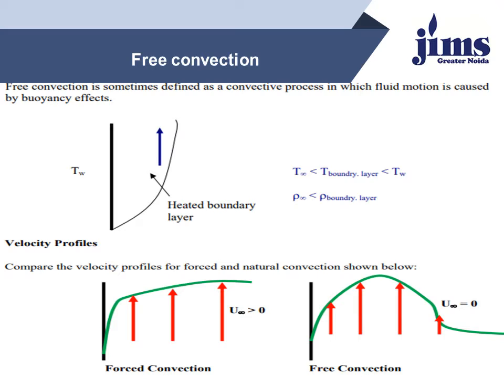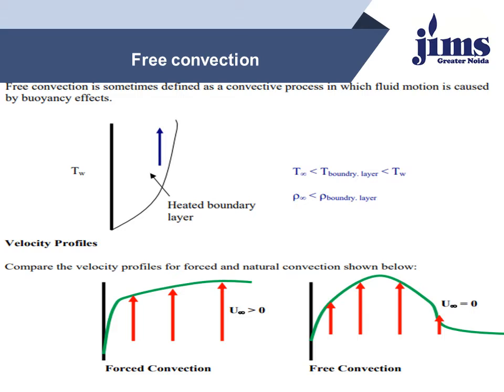Some examples of free convection are the cooling of transmission lines, electrical transformers and rectifiers, the heating of rooms by the use of radiators, the heat transfer from hot pipes and ovens to surrounding cooling air, and the cooling of a reactor core is the best example of free convection.